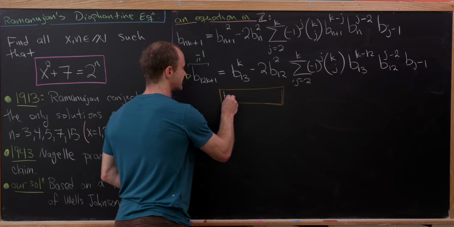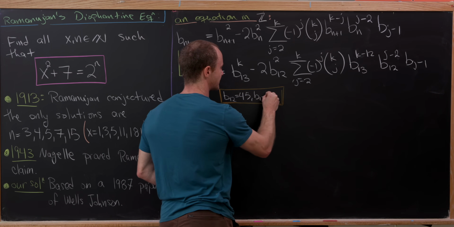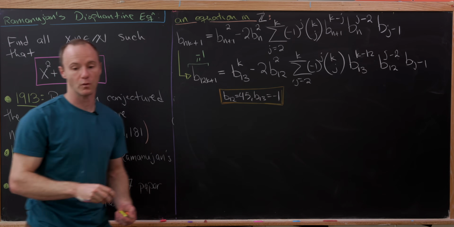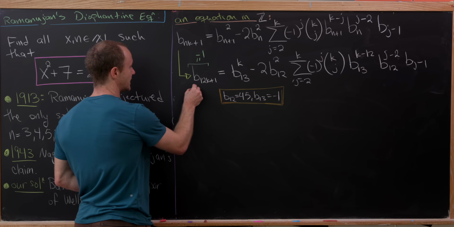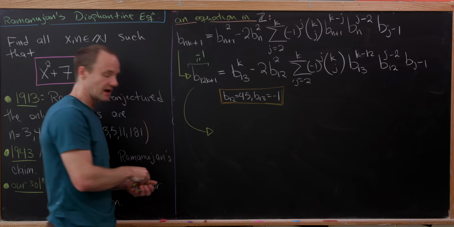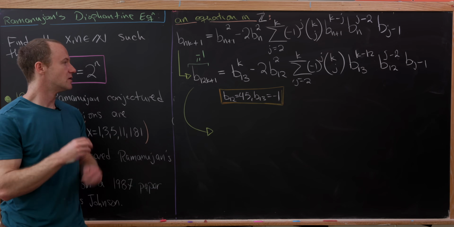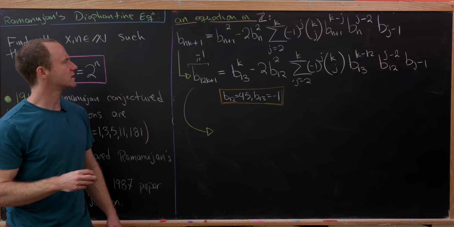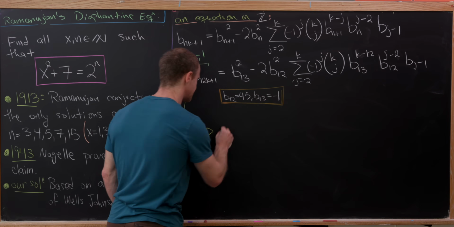And let's just use the fact here that b sub 12 is equal to 45 and b sub 13 is equal to -1. So that means we can put those numbers in and then again divide by this k times k minus 1, move some things around,